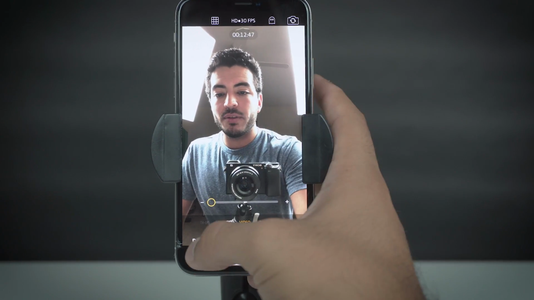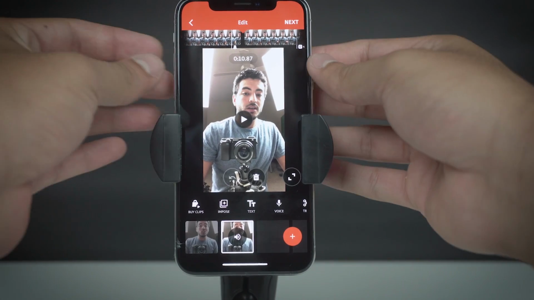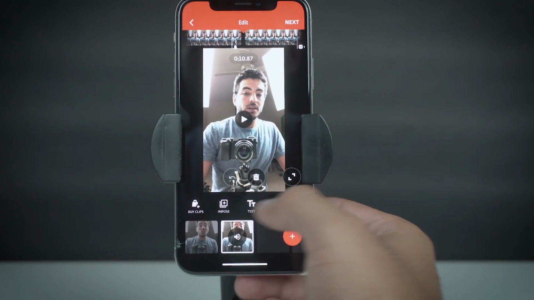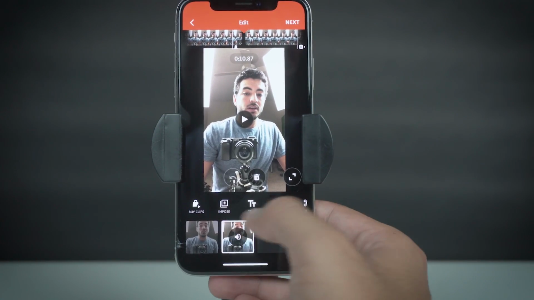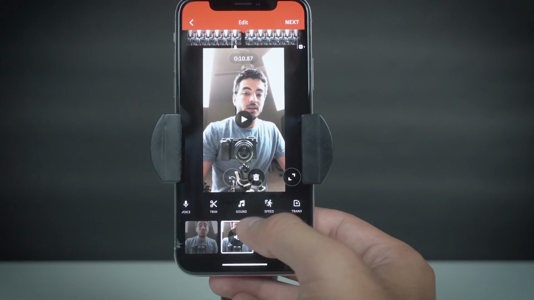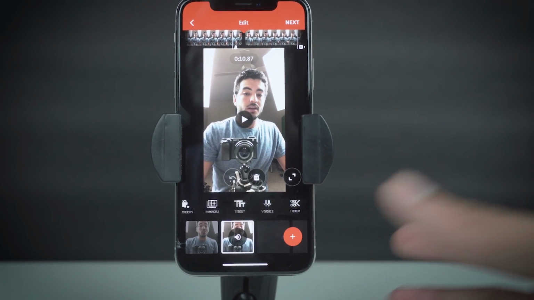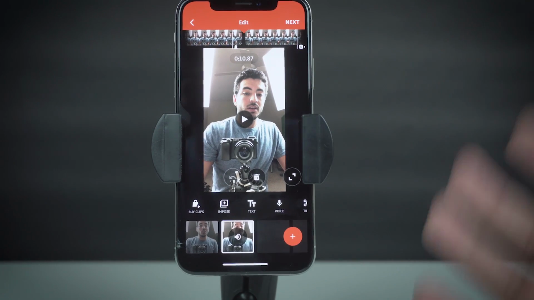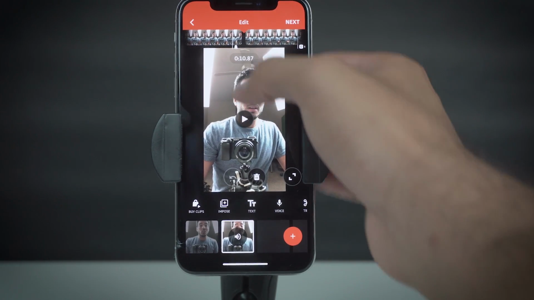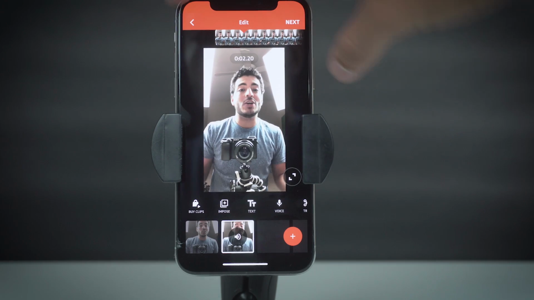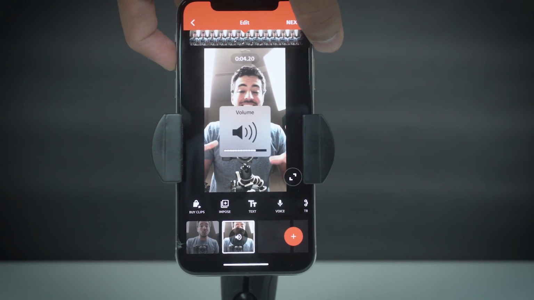Cool. So now that we have those two clips, we're going to see that we have a bunch of different features down here. We have impose, text, voice, trim, sound, speed, transitions, resize, rotate. You can add so many awesome things within this app, like I said, but we're just going to add a couple different things here. So, as we play this back,